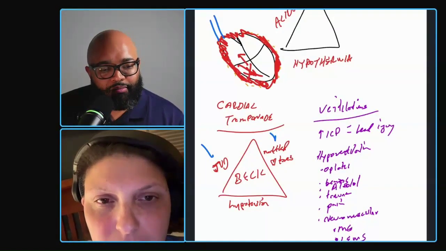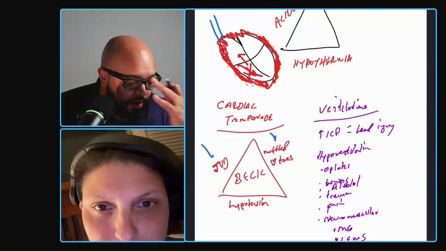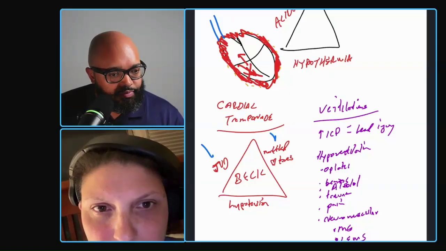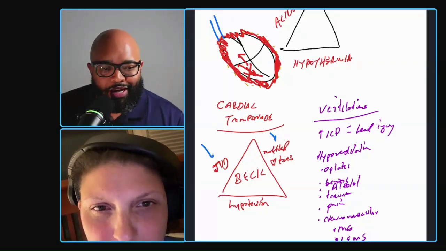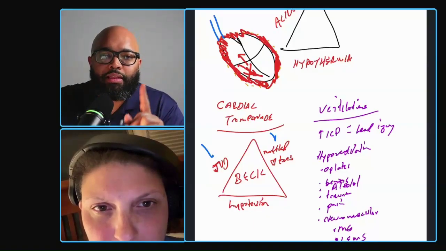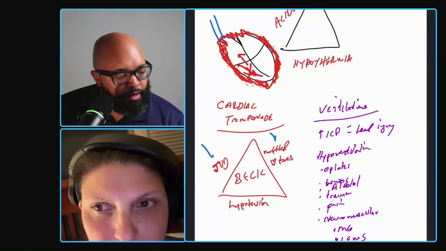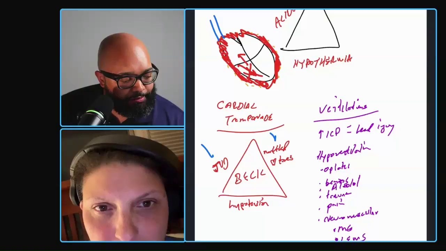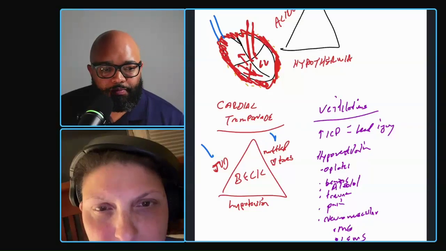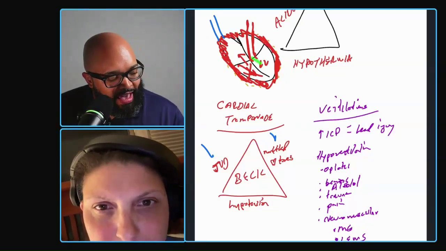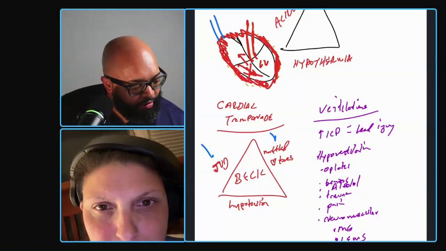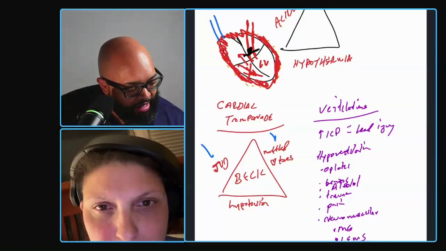So we've discussed muffled heart tones, JVD. Where does the hypotension come from? Why do we have hypotension in cardiac tamponade? So where's the blood pressure actually measured? Like when we put a cuff on somebody's arm, we're approximating the blood pressure where in the body? Okay, it's right here. So as blood leaves this left ventricle right here, LV, left ventricle, it goes through the aortic valve and it gets into the aorta. So we're measuring the blood right here on the other side of this valve, right about here.